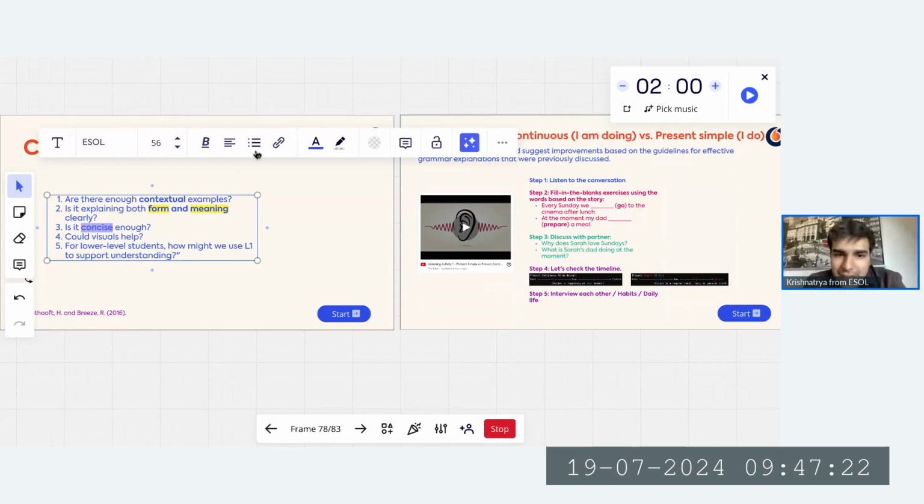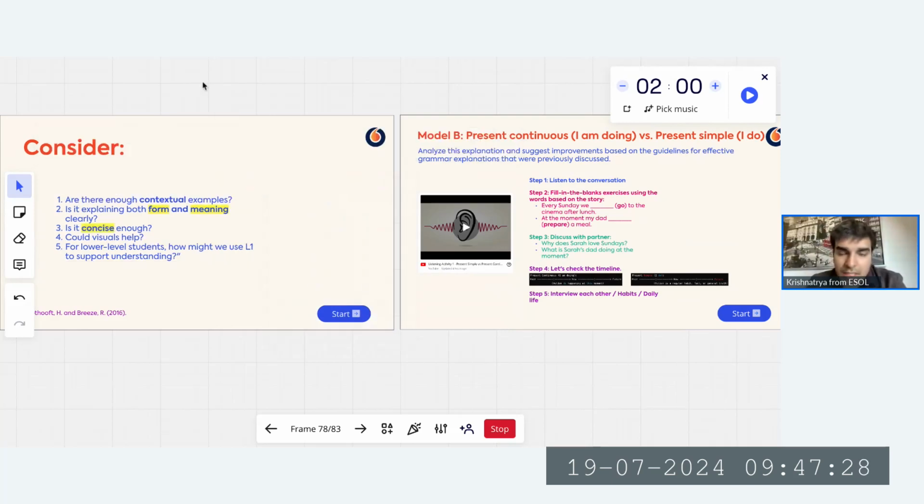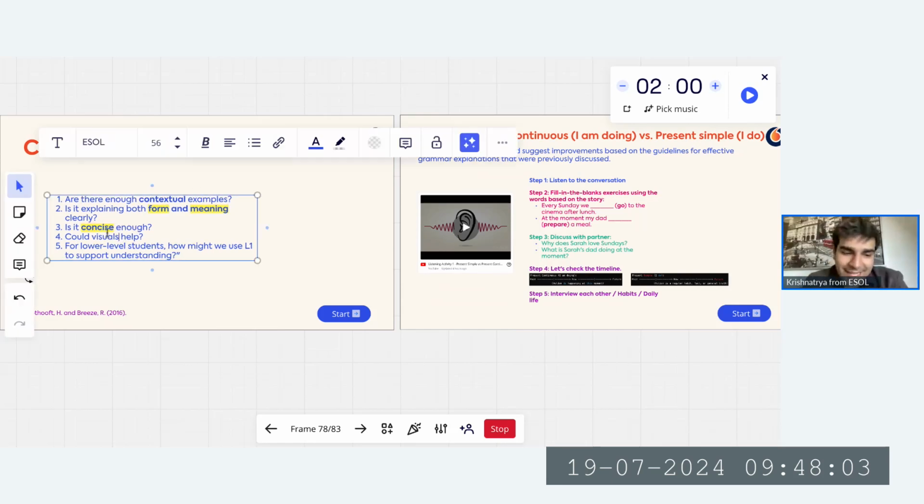Was I concise, giving them time to do the activity? Concise here means you speak less, though right now only I'm speaking. But concise basically means that you're giving them time to do the activity. You're not talking yourself throughout the lesson. They are also speaking. So was I only explaining, or was I making them do the work as well? They mean students. I'm waiting for your answers in the chat box. In case you disagree with me that I was not concise,